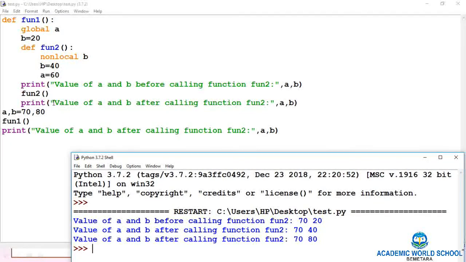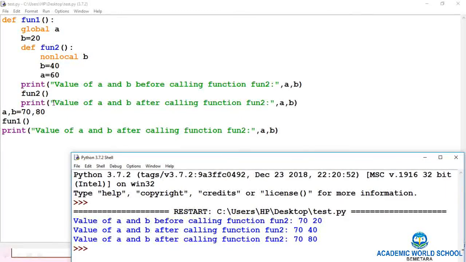Suppose that if you want to use any variable as a global variable in a nested function, for that we have to declare that variable as a non-local variable. Suppose that if you want to use any variable throughout the complete program, you can use that variable as a global.